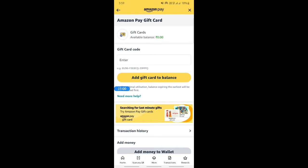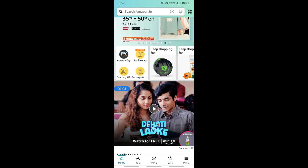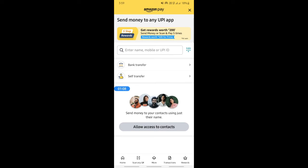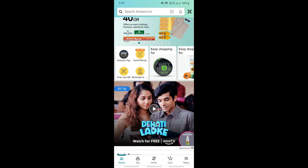Once you have added it to your Amazon Pay balance, simply click on send money. Click on send money and then hit on bank transfer, and all you have to do is plug in the details of your bank, hit on continue, and complete the transaction. So you can transfer that balance from your Amazon Pay, which is from your Amazon gift card,